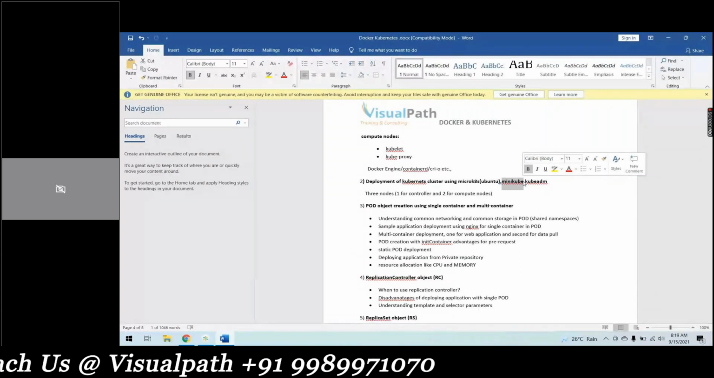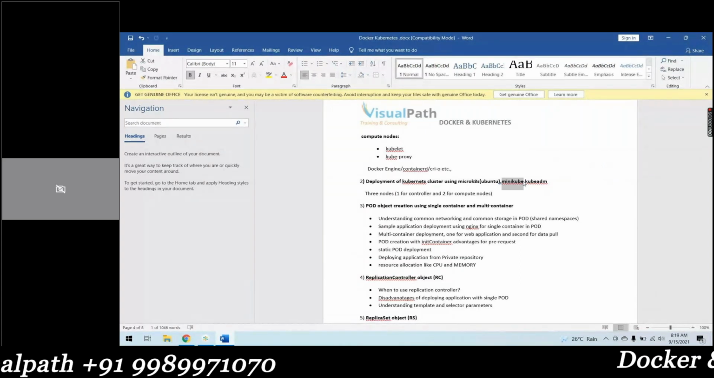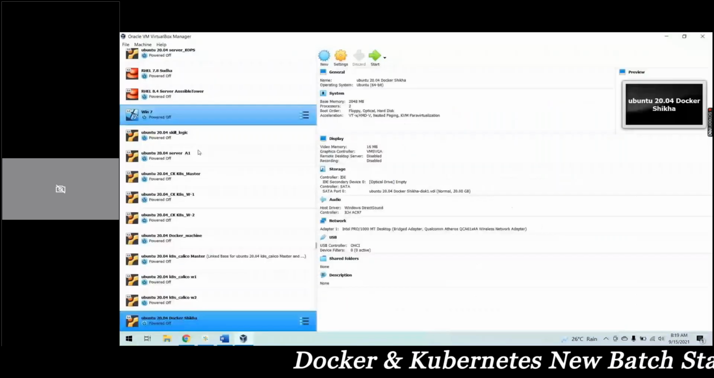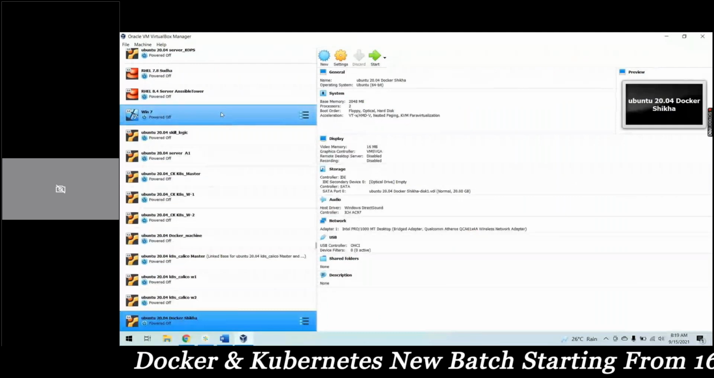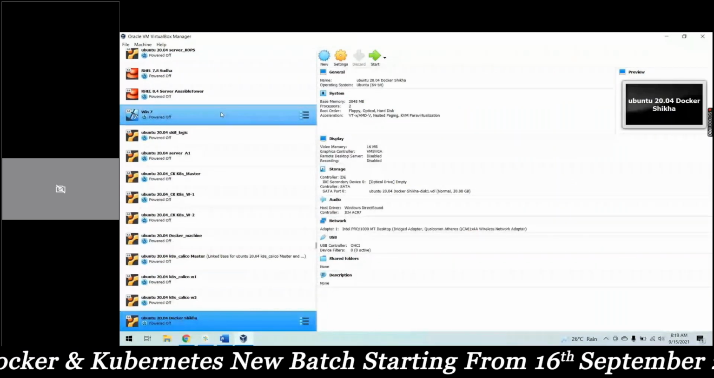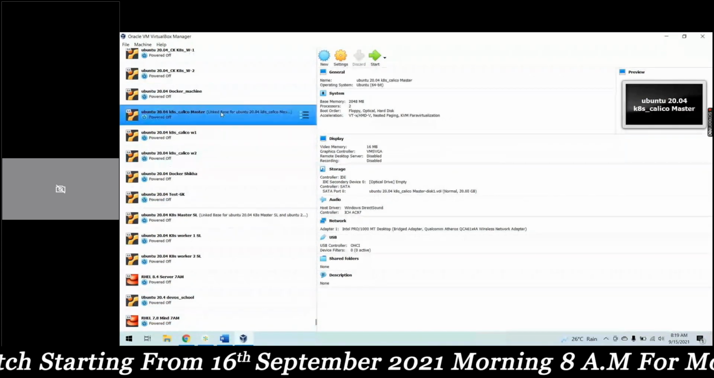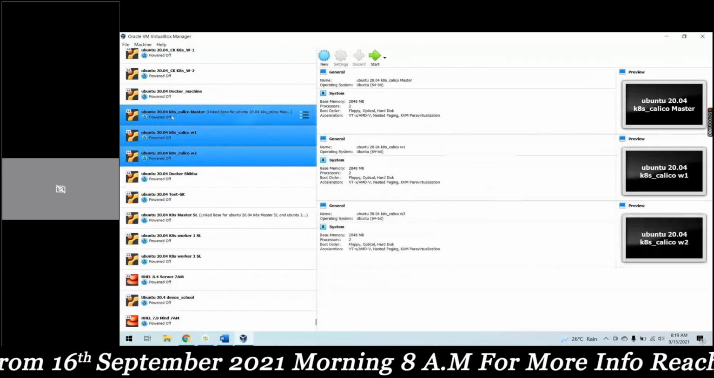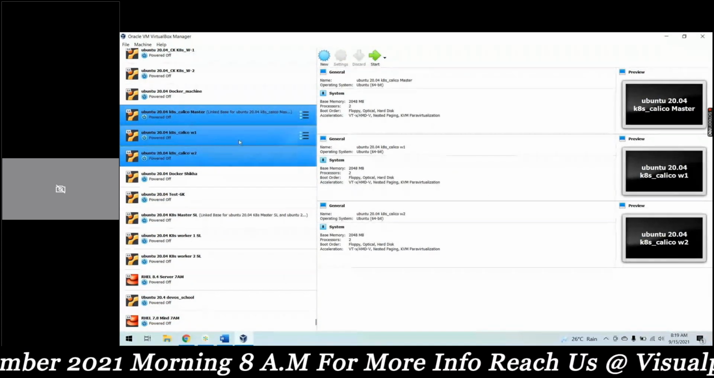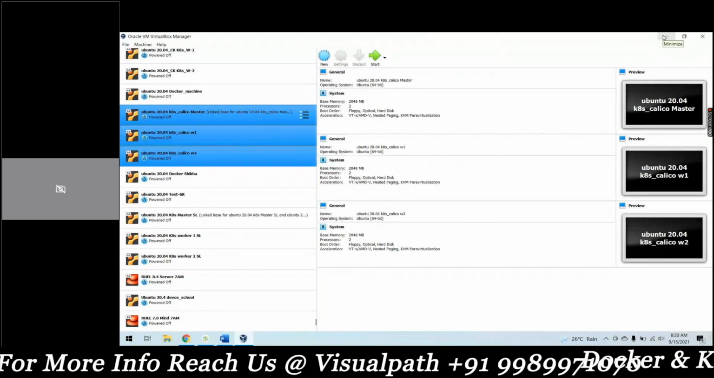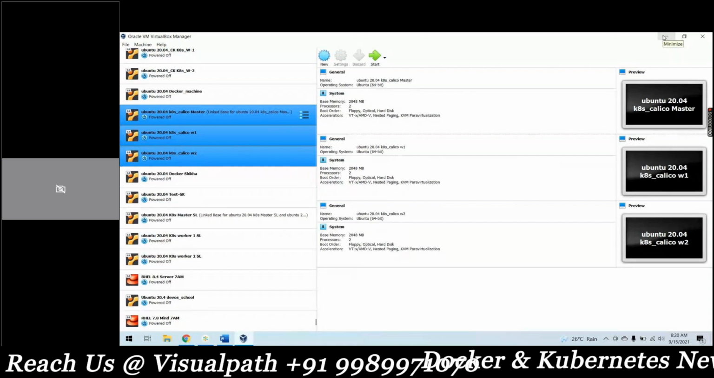We will be having Oracle VirtualBox like this here, and I will be creating a cluster in these 3 machines, for example. I'm having one cluster ready. Okay, like this, see here. One master and two worker nodes we will be having. We will be seeing how to create a Kubernetes cluster on VirtualBox, how to enable networking between all these machines,